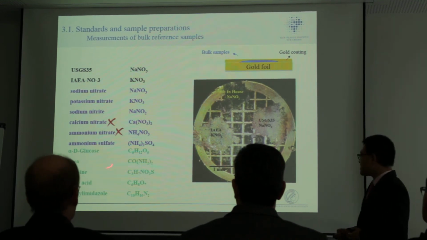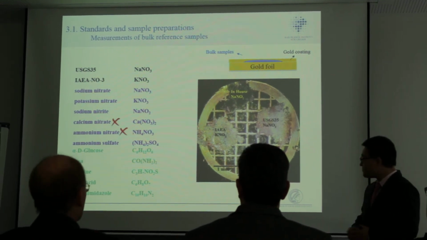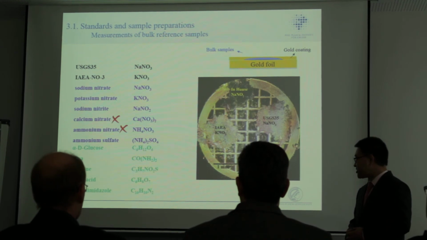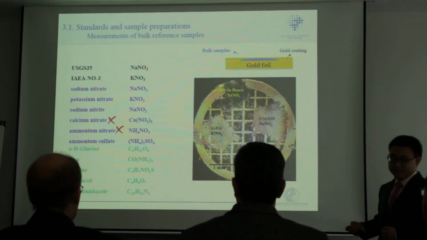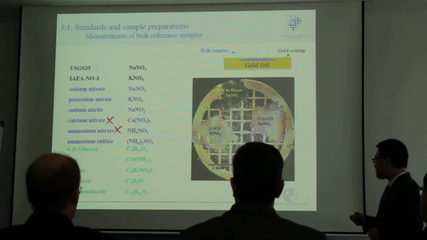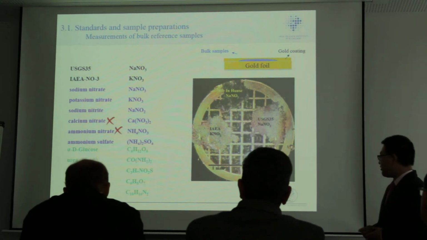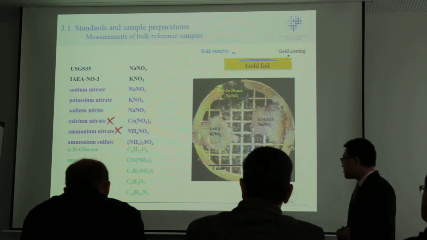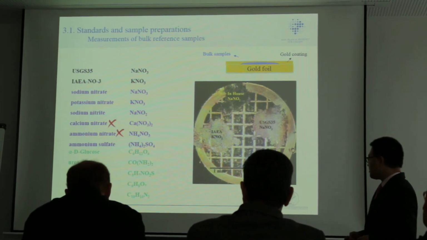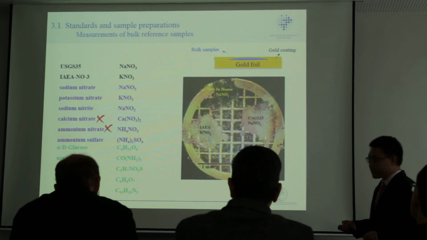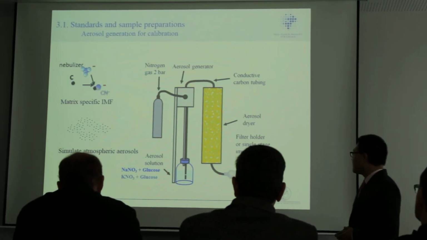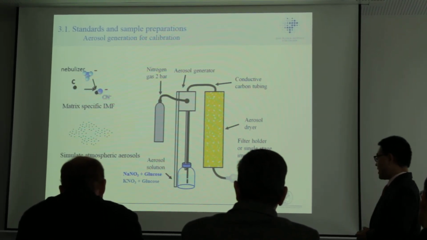The reason is that calcium nitrate is deliquescent in laboratory conditions, then becomes a droplet, which makes sample preparation challenging, and also a challenge for NanoSIMS analysis. For ammonium nitrate, it's unstable in high vacuum conditions, so we cannot measure these materials in the NanoSIMS. Aerosol-like mixture samples are generated